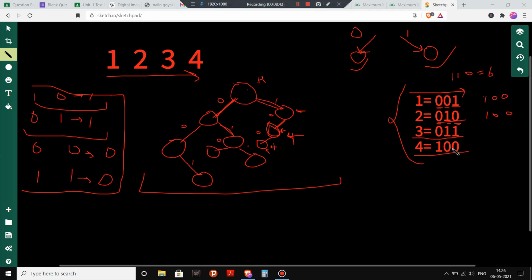Now we have 3 whose binary representation is 0 1 1. Initially we are at the 0. For 0 we check if it can have 1. Yes, it can have 1. We reach here, and now we come to this 1. We check if we can have 0 as our next bit. Yes, we can have 0.